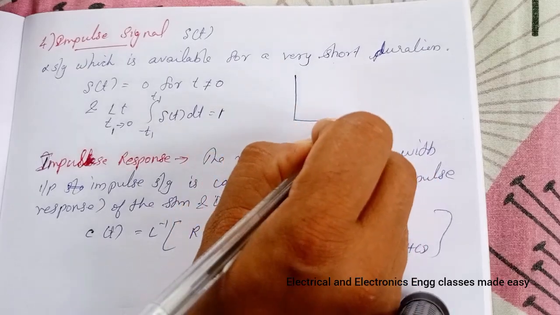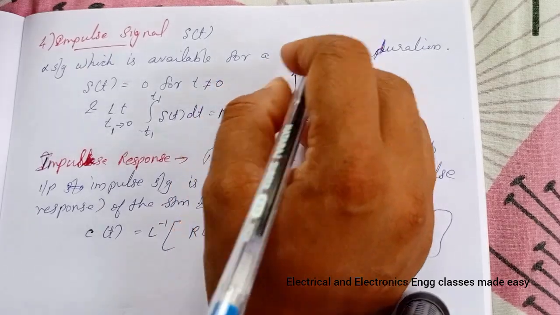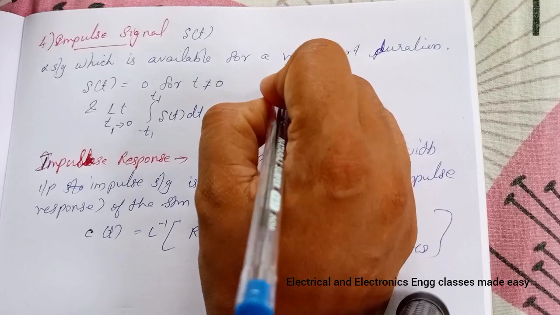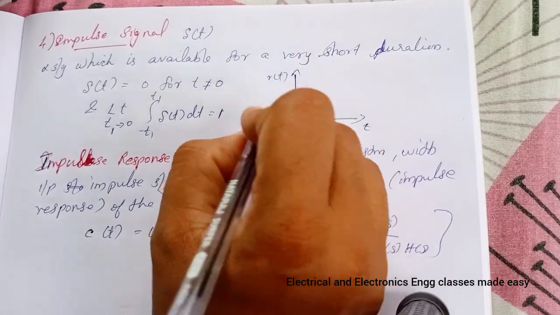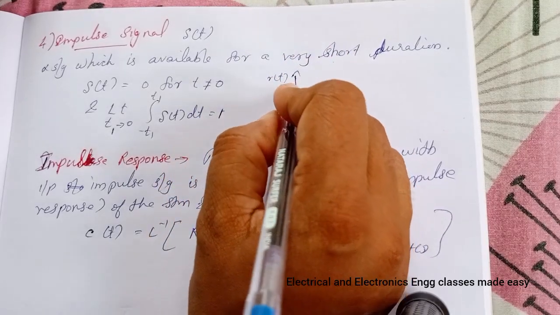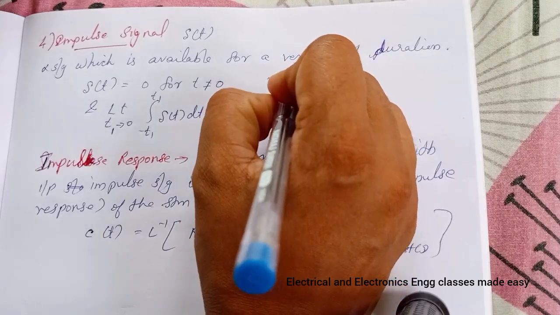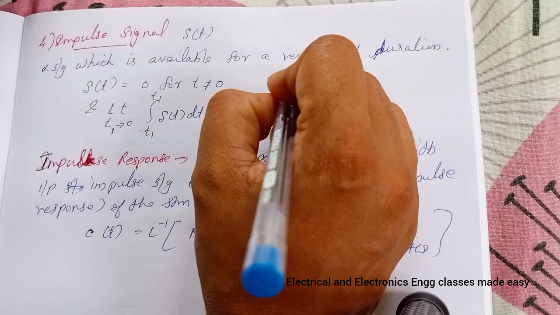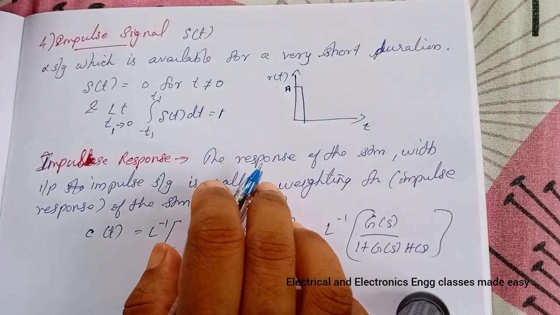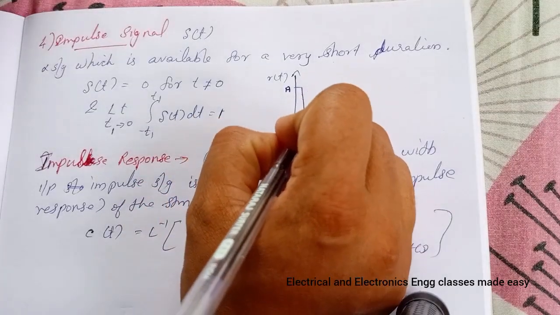And its plot is like this, that is, this is r of t and this is time t. So for a short interval of time, the signal is available, 0, 1 by